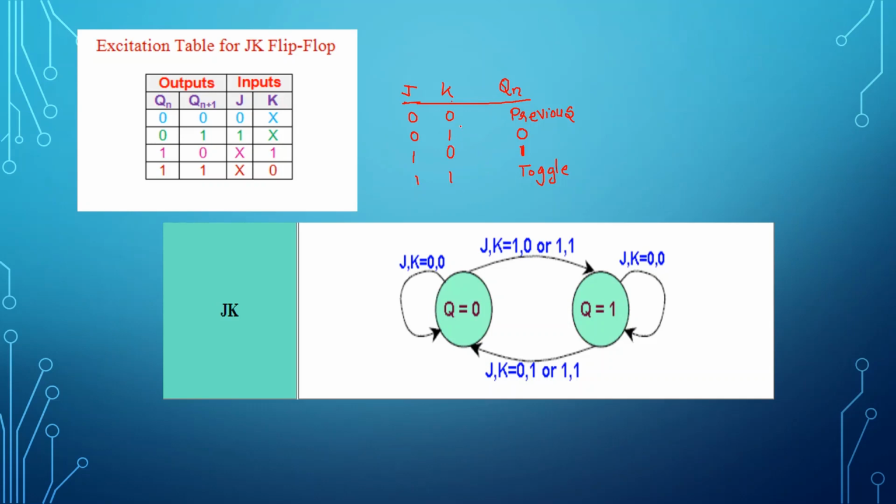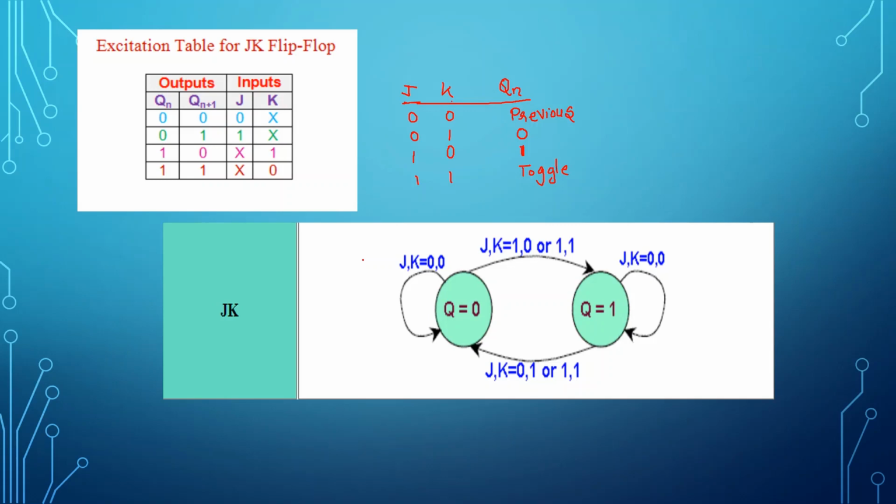The same has been altered and it has been written here. This table is called the excitation table. So this is not the truth table, this is the excitation table of your JK flip-flop. Basically when I speak about flip-flops, they will normally have an excitation table. The truth table will be changing itself into the excitation table. So this is your excitation table which we will come across even in the theory part.